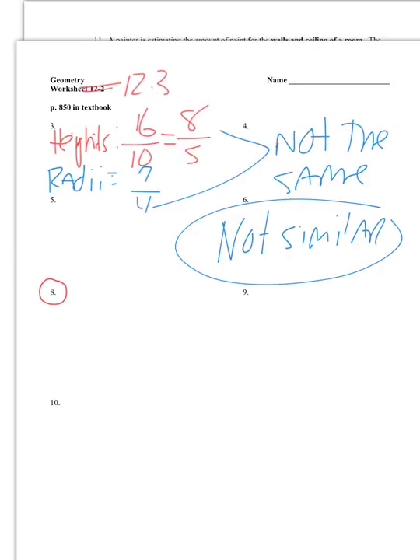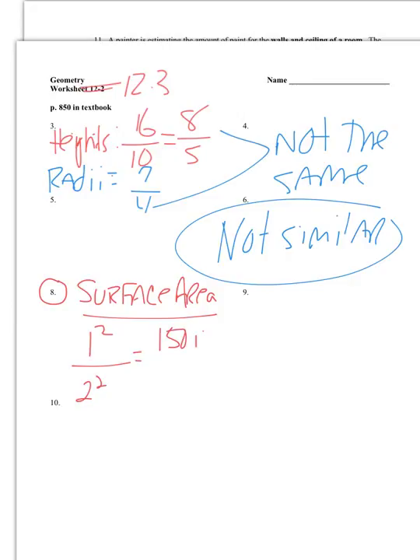So in number 8, we need to find the surface area and the volume of the missing solid. It says use the scale factor. Solid A shown is similar to solid B, not shown, with this given scale factor of A to B. Find the surface area and volume of solid B. In order to use the scale factor, we're going to do two different calculations. We're going to talk about surface area first. That's going to be 1 squared over 2 squared equals